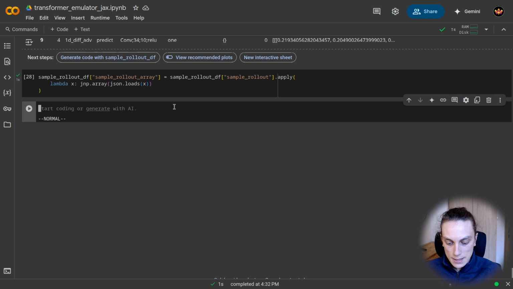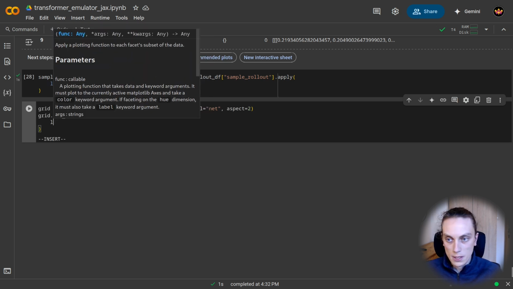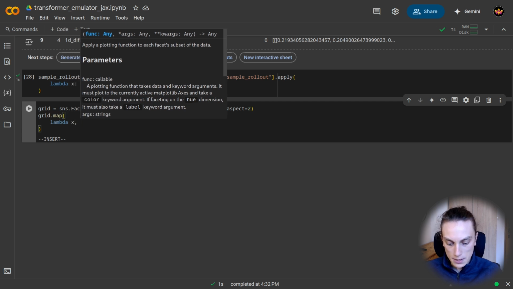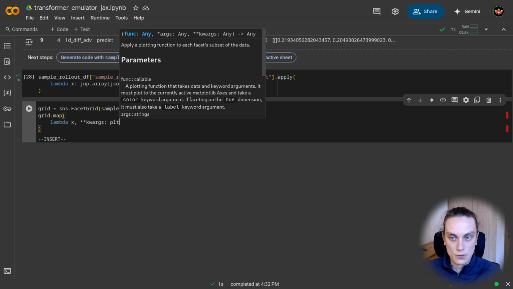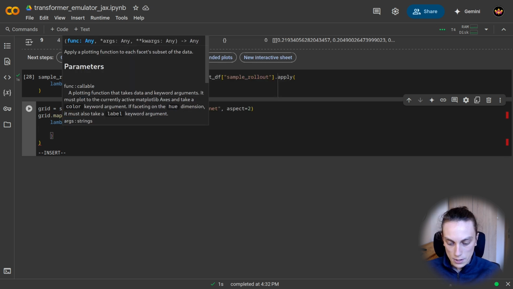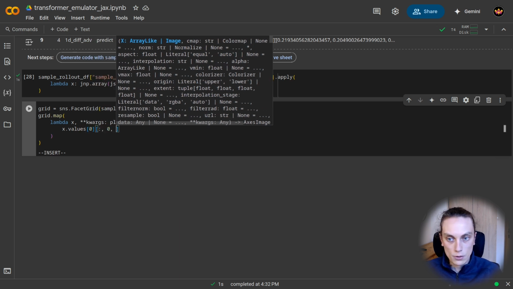Okay, this can be nicely done by saying grid is seaborn.FacetGrid on the sample rollout data frame, and on the row we're going to place seed. On the column we're going to place net, and I will set the aspect ratio to 2. And then we can map to this grid the following plotting routine, grid.map, which is going to be taking lambda as well as some keywords. So we need to just match their format. And then basically what it will do is plt.imshow on